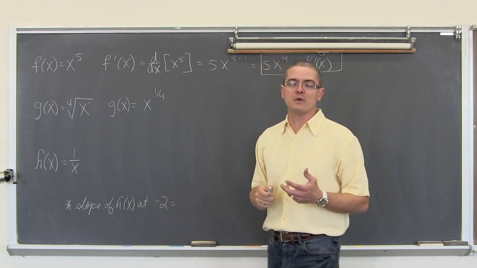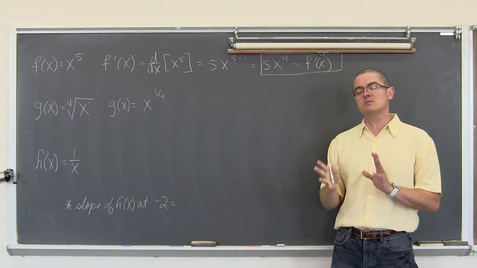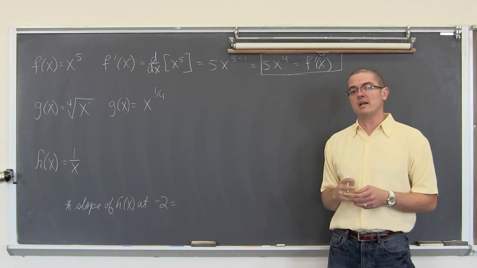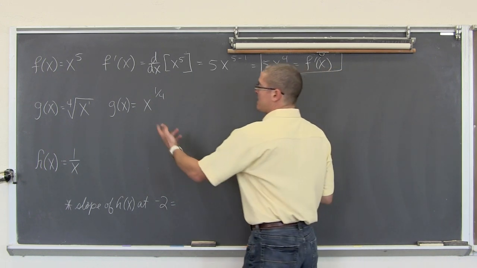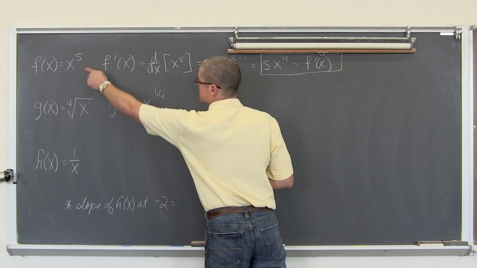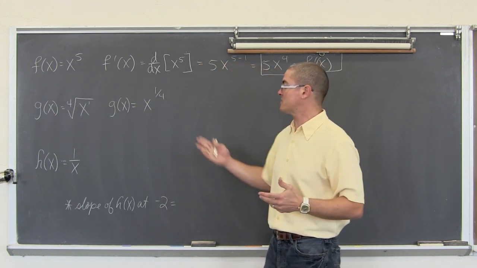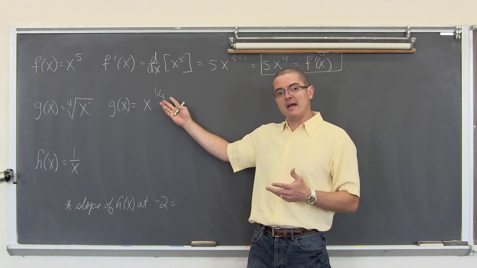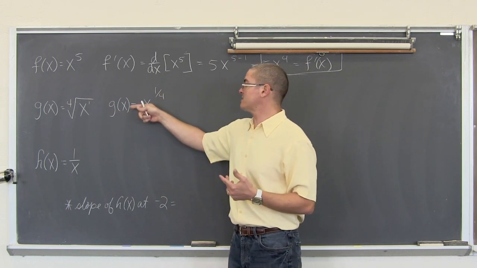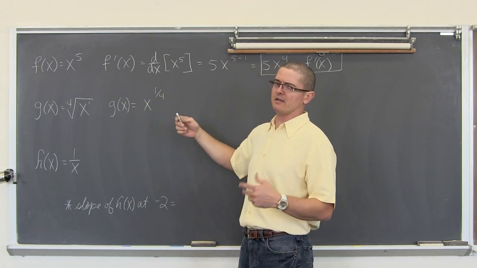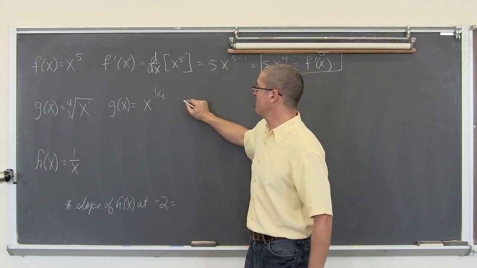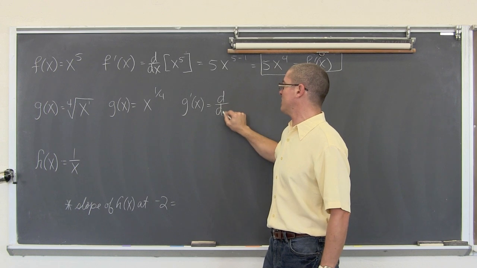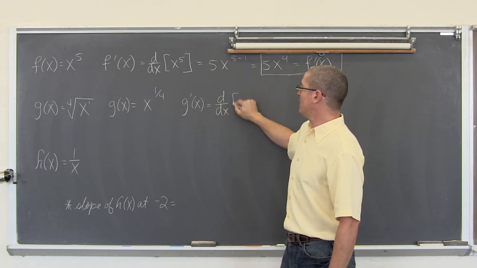You really want to have these written, you want to get rid of those radical notations, or at least I prefer, and write them with rational exponents. So we can see now that this problem is really the same as the original problem, x to the 5th. It's just that I have a rational power. So I'm going to take that value of n, that 1/4, pull it down up front after I write my derivative notation. So g prime of x is equal to the derivative with respect to x of x